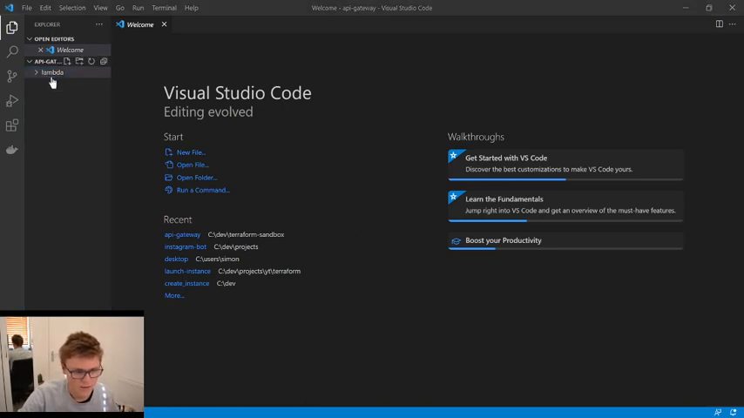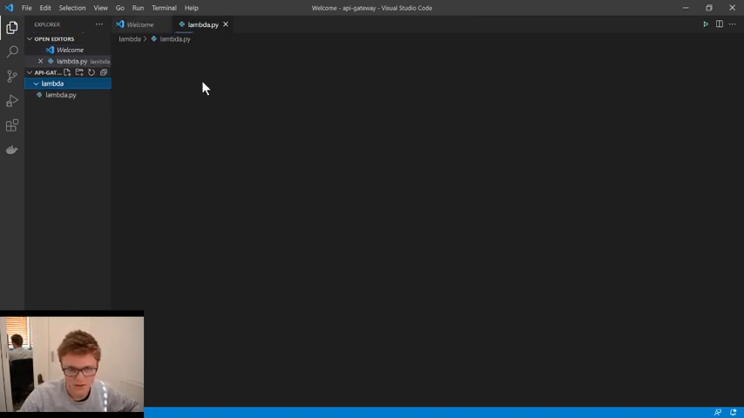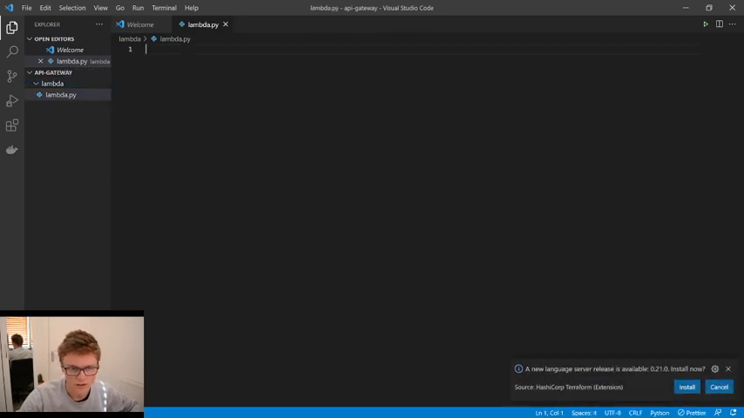Okay, and within that directory we then want a file. I'll just call it lambda.py. So we're going to write this in Python. There's not too much to the function, it's just going to return JSON dump. So we'll need to import JSON first of all,